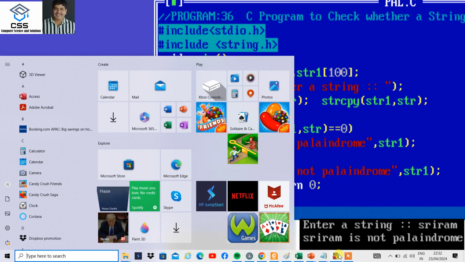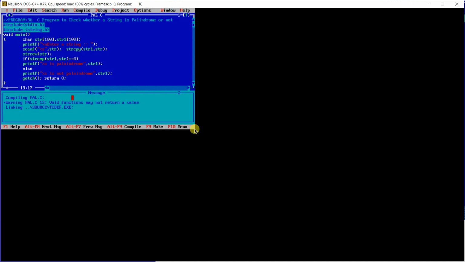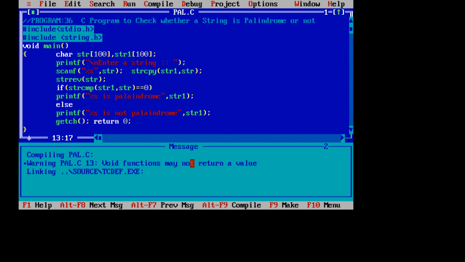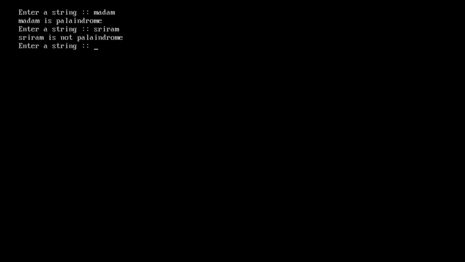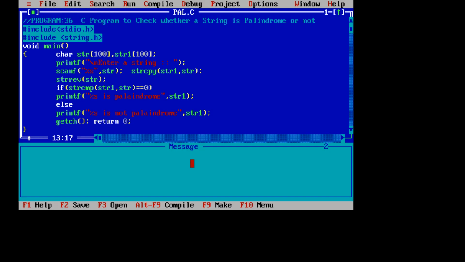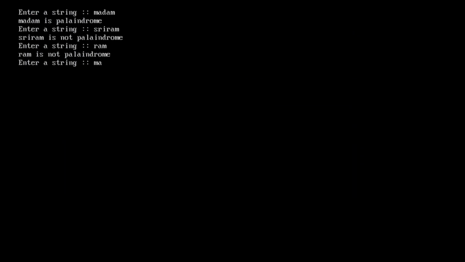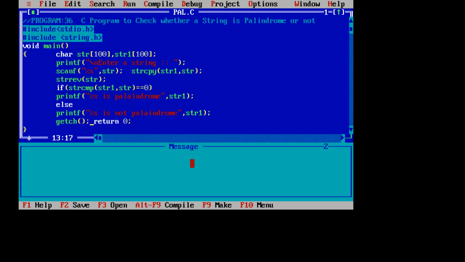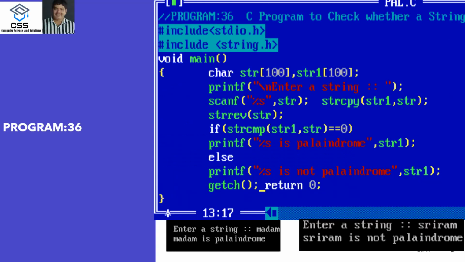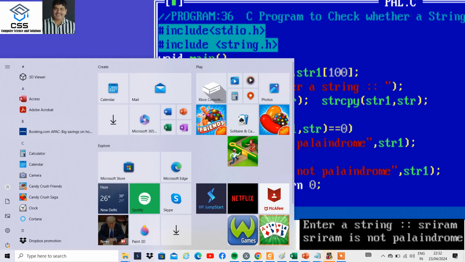If I want to run this program, you can run anywhere, but I am running it in the Turbo compiler. Start running it. Suppose I enter Ram, it will display not palindrome. If I enter Madam, it will display it is a palindrome. If I enter Sriram, it will display it is not palindrome. Comes to the second question